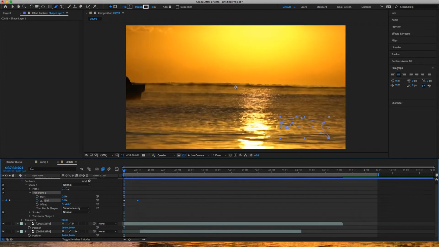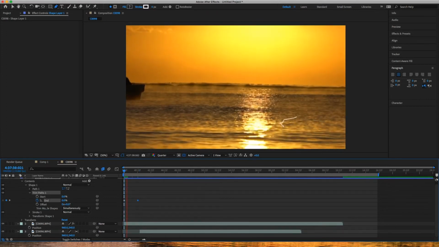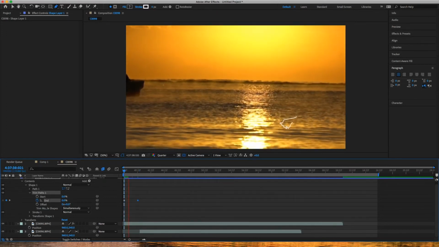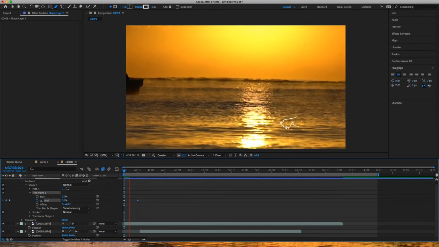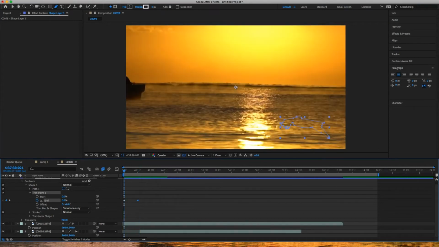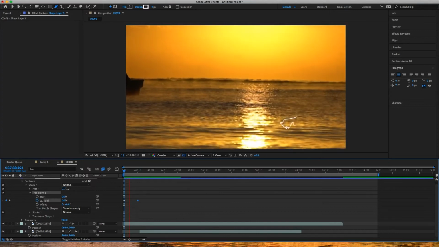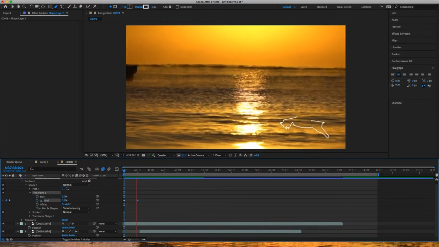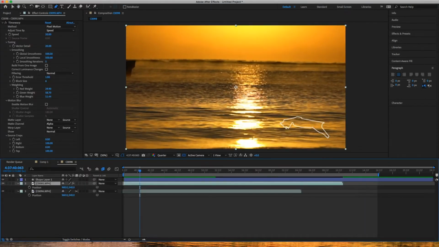So now if we go back and watch this, we can see our shape being outlined once it renders. Perfect. Now, it may look a little bit weird now, but I promise in the final product, it'll be something a lot cooler. So the next thing we're going to do is go to our middle layer,